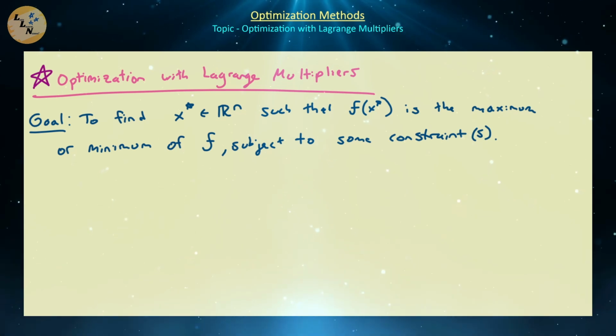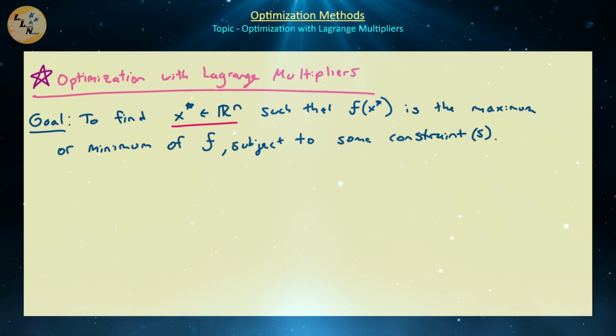So what the method of Lagrange multipliers does is it allows us to find the maximum or minimum of f, and it also allows us to introduce one or possibly even more constraints into our problem, which then allows us to have an analytical method to solve, for example, nonlinear optimization problems similar to what we did with linear programming. So as usual, what we're trying to find is some solution in some vector space Rn, where